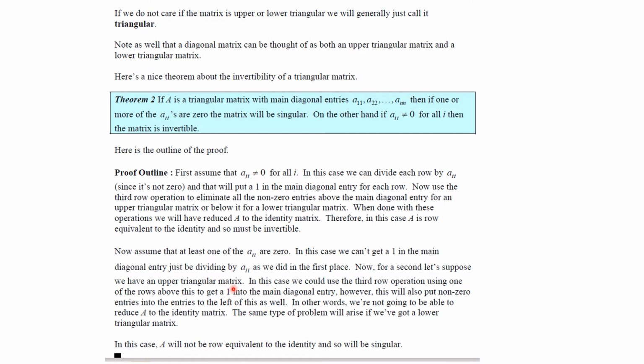Now suppose that we have an upper triangular matrix, and a similar argument would work for a lower triangular matrix. In this case, we could use the third row operation using one of the rows above this to get a 1 in the main diagonal entry. However, this will put non-zero entries elsewhere. If we do not care if the matrix is upper or lower triangular, we will generally just call it triangular. Note as well that a diagonal matrix can be thought of as both